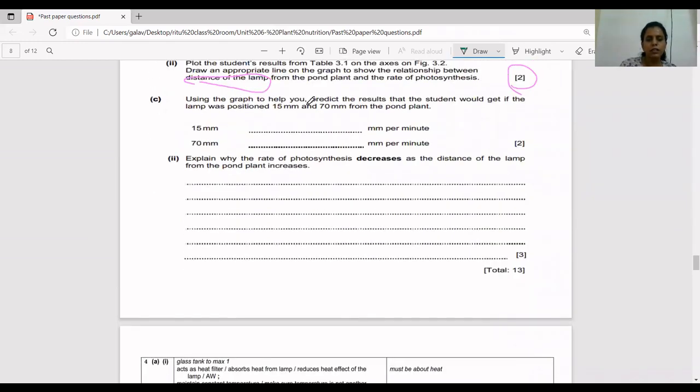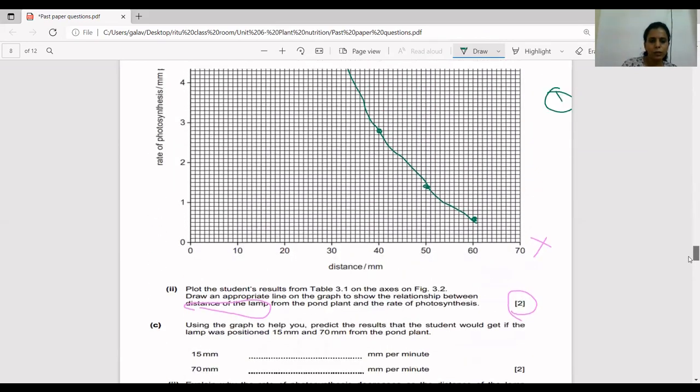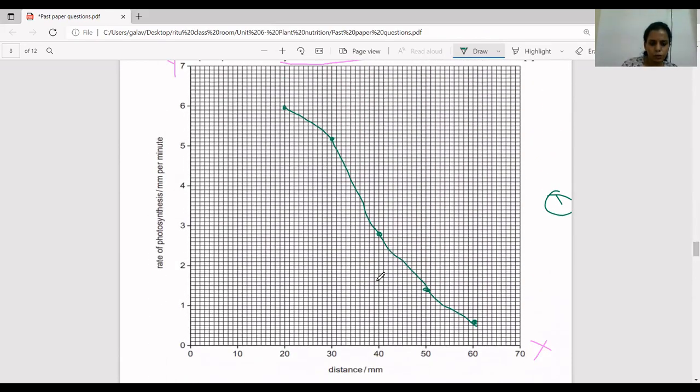Next is using the graph to help you predict the result that the student would get if the lamp was positioned 15 millimeter and 70 millimeter from the pond plant. So you just have to predict the result. If the lamp was placed at 15 millimeter, your 15 millimeter would be 1, 2, 3, 4, 5. This is 15 millimeter. And if the lamp was placed at 15 millimeter, the result which you will get